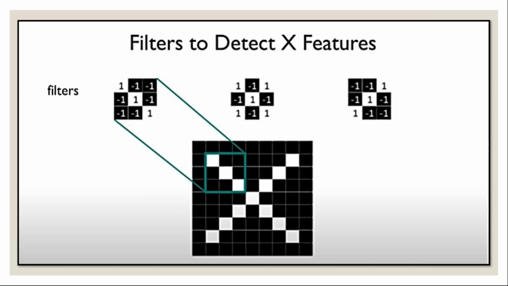So I want to recognize the character X. X needs how many filters? The left side, the right side, and the rectangle. Now you combine all 3. If all 3 are satisfied, the character is an X. If any one is missing, then definitely it is not the character X. This is the way you identify your features.